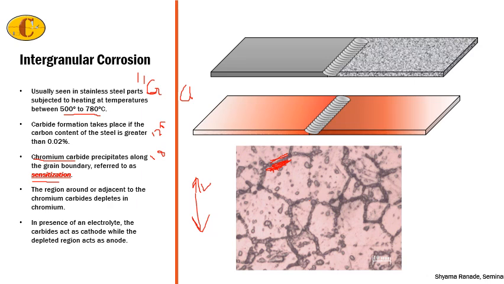This is, as you can see, a very small section, so this is a bit difficult to detect visually unless you see a lot of corrosion products on the top. Hence, while monitoring, it is really important that the regions in these particular temperature ranges should be monitored. The carbides in this case act as the cathode and the depleted region at the side acts as the anode. That is why the region here undergoes corrosion. The next component